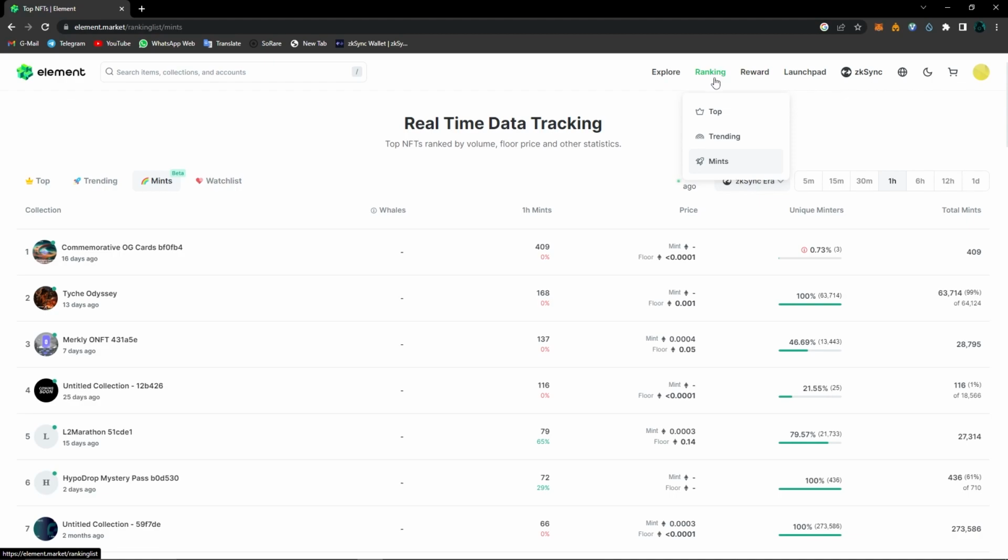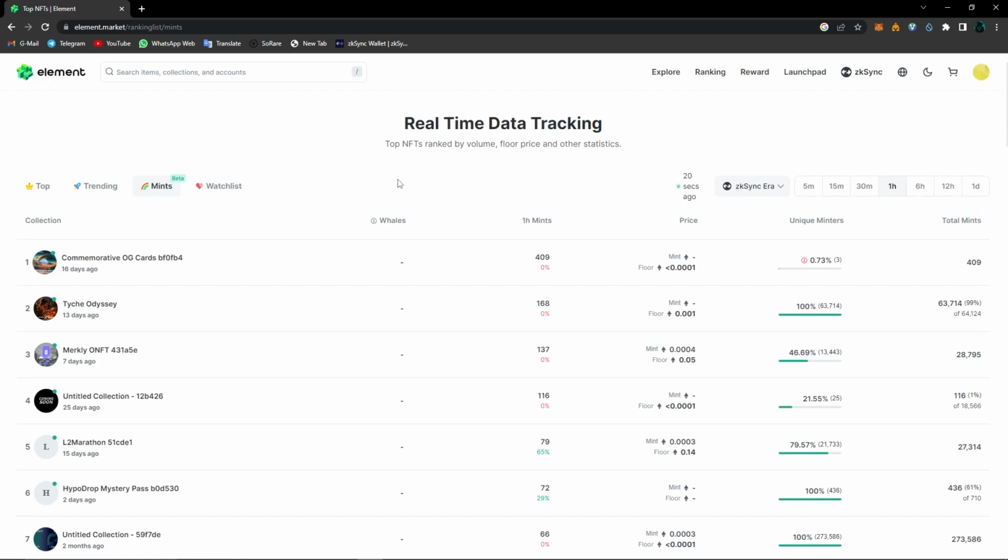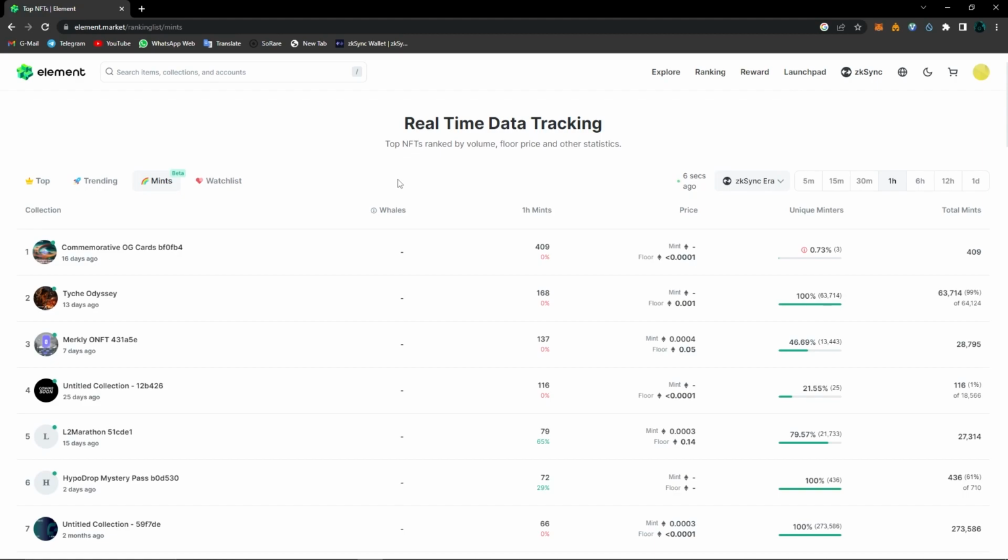airdrops. Under ranking, if you click on mints, there are some projects that have collaborated with Element Marketplace. As you know, OpenSea does this too. On OpenSea you can mint different projects. Some of them have these mint phases only for their whitelisted users, and some of them do it publicly. So again, if we see a good project that could make us money, we will let you know with a